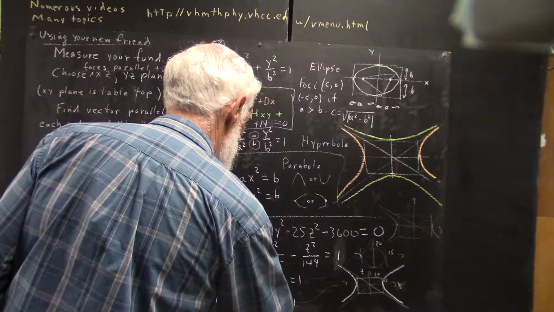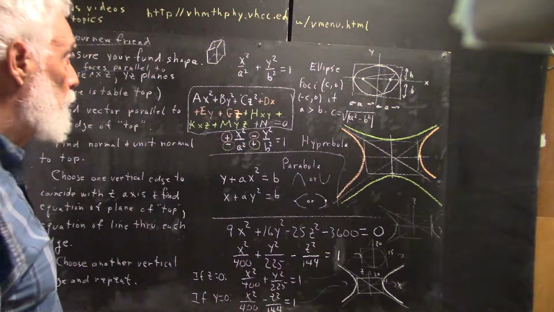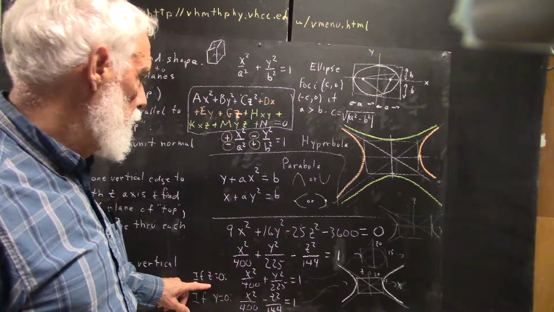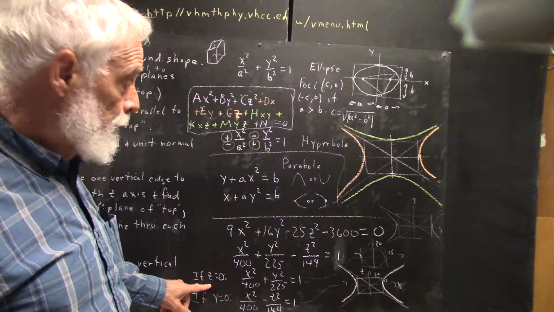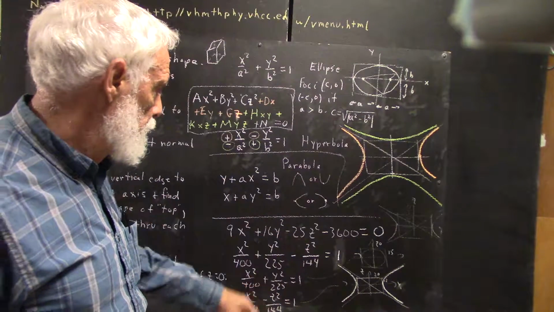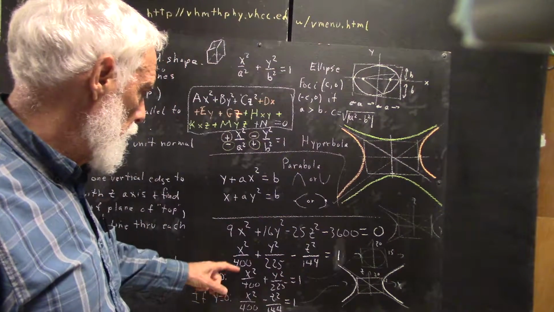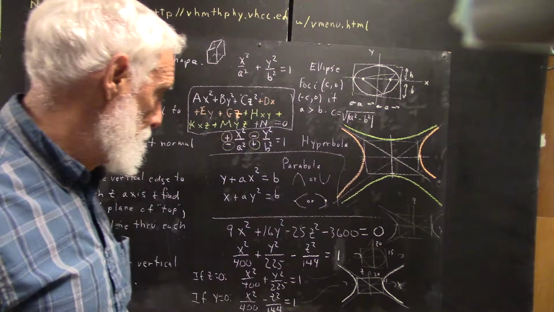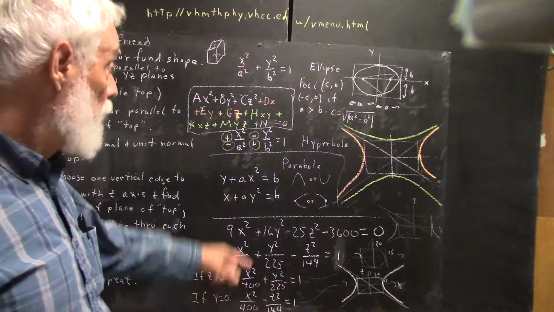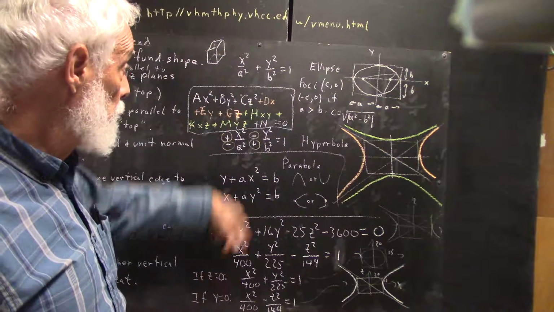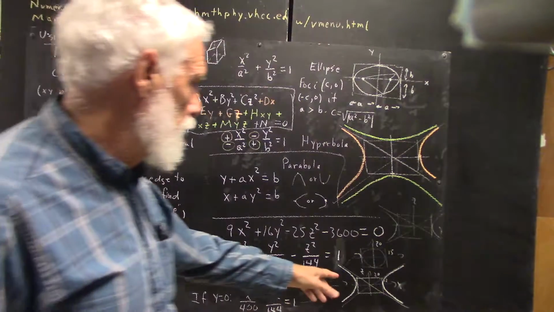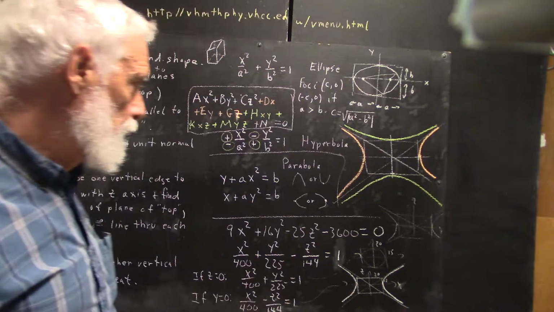Okay, so just doing one example of what we can do. If z equals 0, what do we get? Well, first place, if z equals 0, then this term goes away and we have x squared over 400 plus y squared over 225 equals 1. Okay, well, that's just x squared over a squared with a equal to 20, y squared over b squared with b equal to 15. So we sketch in the xy plane,